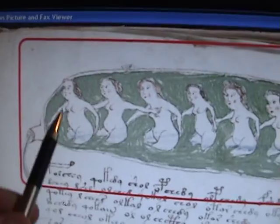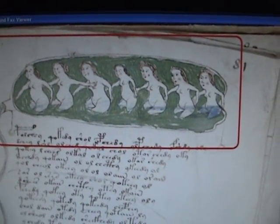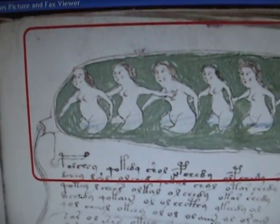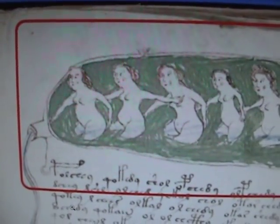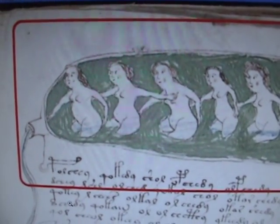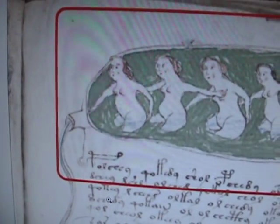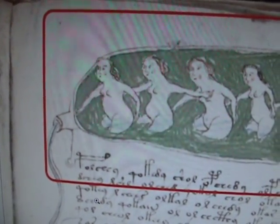And these could be their names right here. This to this, this to this, this to this, this to this. The first thing I believe is that a human did not write this. The characters in here are too, it's like, a lot of other races will say, well, all white people look alike. Well, they probably do to a lot of different races. And whoever made these pictures, you can see that the